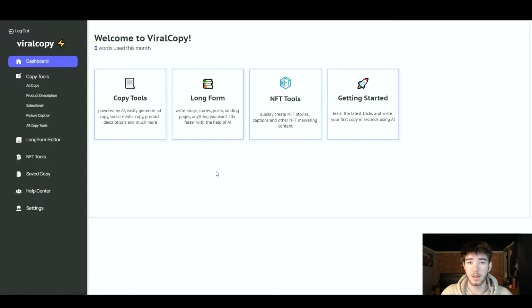ViralCopy is a software that creates personalized descriptions and much more. This is what you should see once you have actually signed up and logged in. There's not too much going on to begin with, and it is a pretty simplistic dashboard page. I'm going to quickly go through some of the features, and then throughout the review I'm going to dive deeper